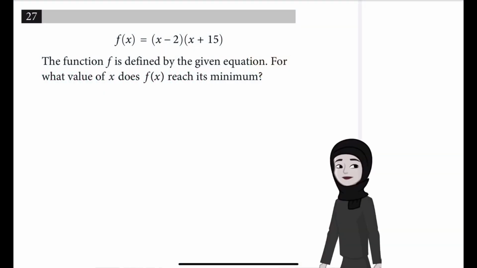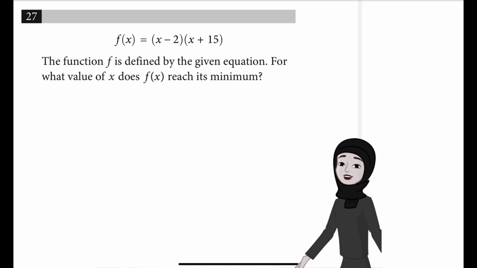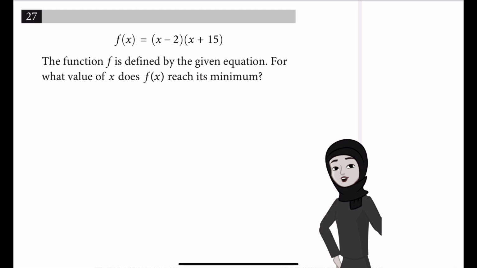Question number 27. f of x is equal to (x minus 2) times (x plus 15). The function f is defined by the given equation. For what value of x does f of x reach its minimum? The value of x for which f of x reaches its minimum can be found by rewriting the given equation